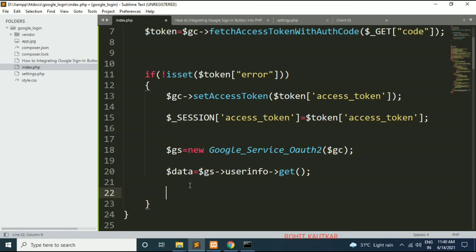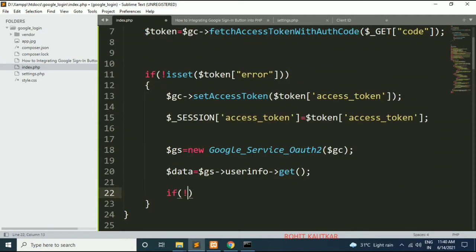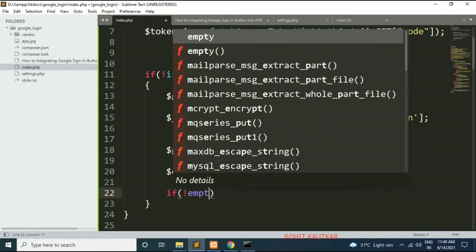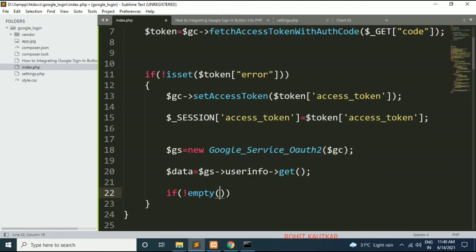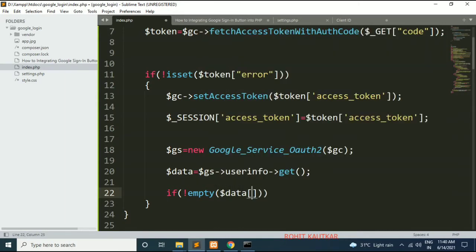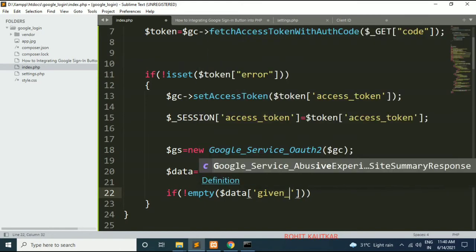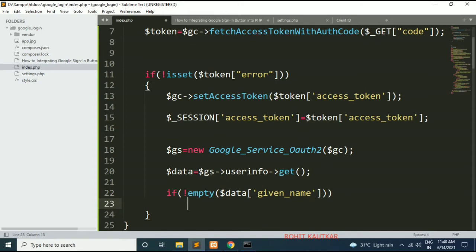Okay, so first of all we will use the empty function, and within this we will try to check the given name of the user. So I will write data given name. So if given name is not empty, then we will set the session variable.